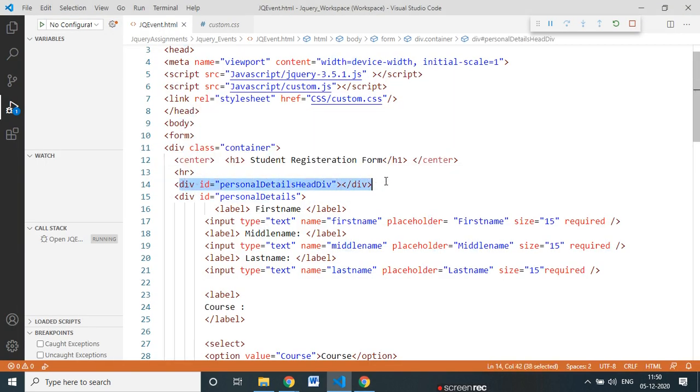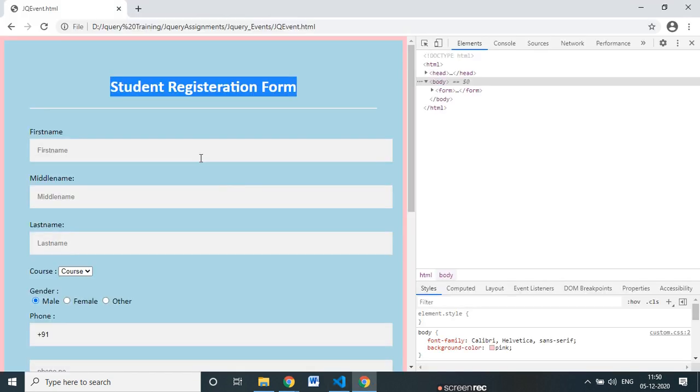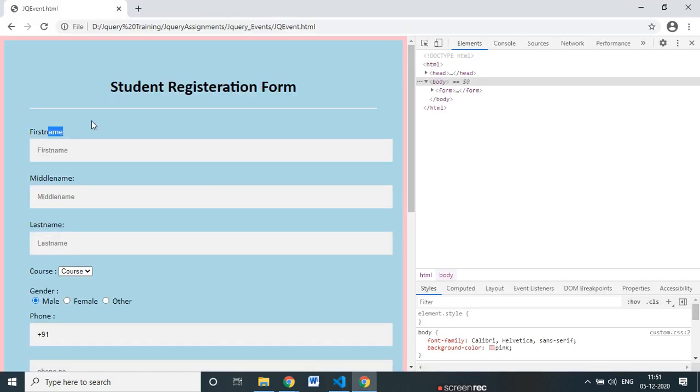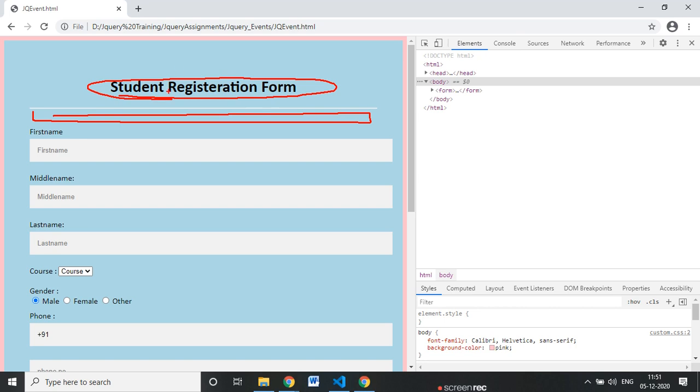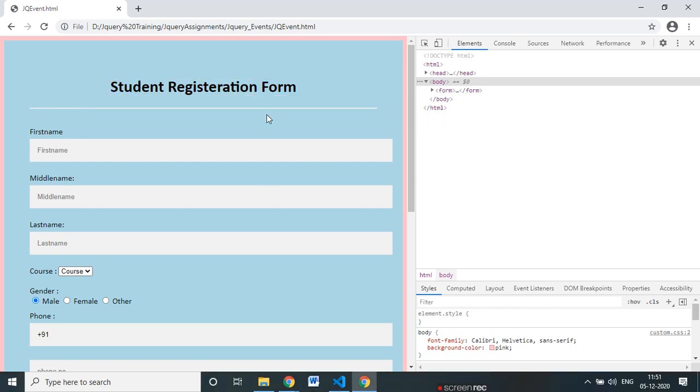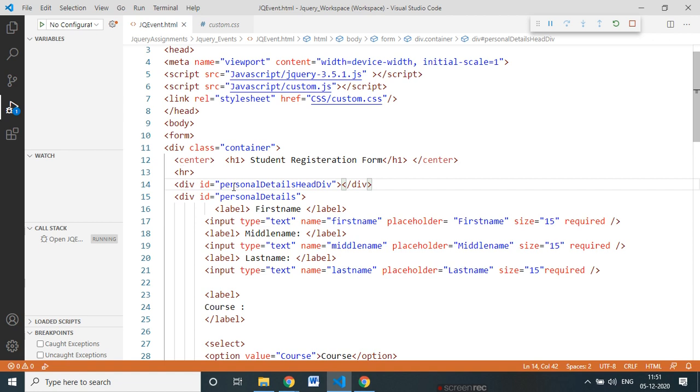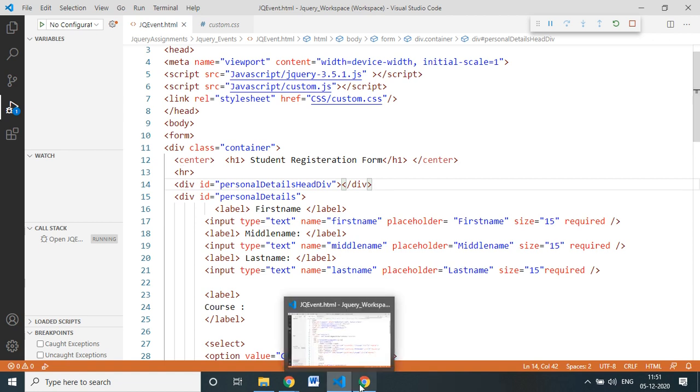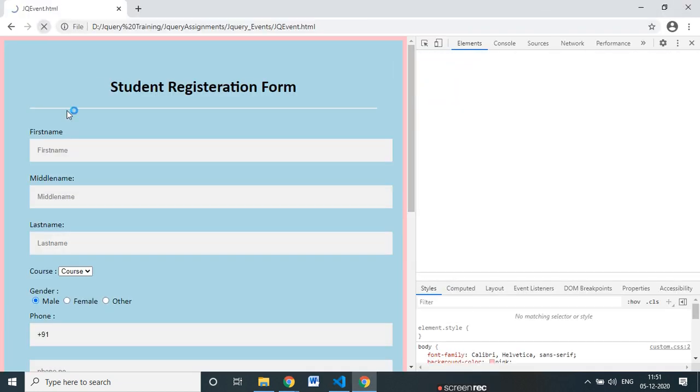I'm just adding a new div, so it will appear here. You are getting my point? I'm adding a new div here. We are not going to interfere with this. This is the main header. In case I am wrong, then please clarify.